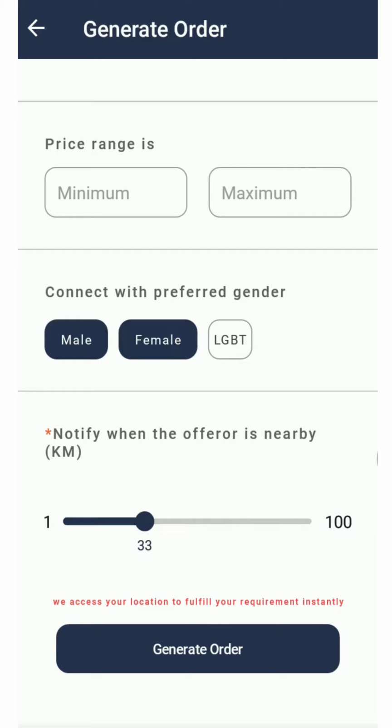That means wherever I go or wherever I will be, if someone is providing a job as backend developer and if that guy is within my chosen kilometers, then I will be getting an alert. At the same time, he will also be getting an alert. So in that case, we have to select our kilometers range and click on generate order.